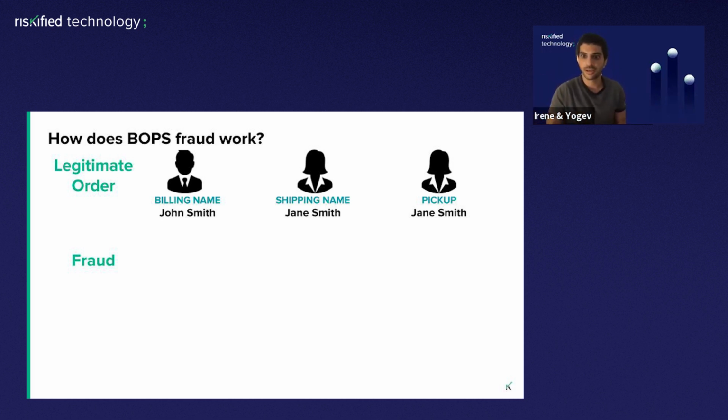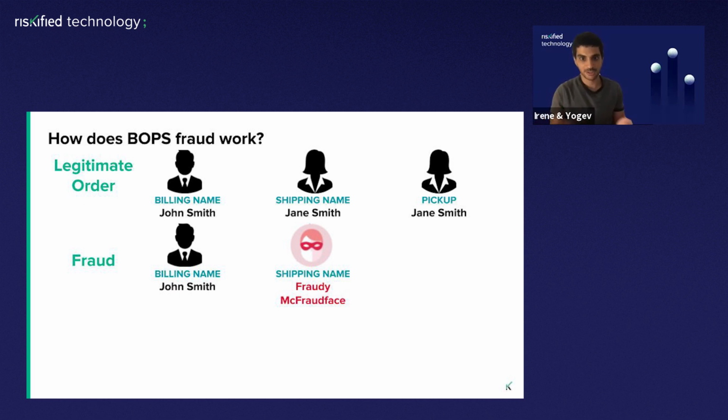Now let's look at a fraudulent case. Let's say we have the same John Smith, but this time someone manages to steal his credit card details. This guy has the very unsuspicious name of Fraudy, Fraudy the fraudster. So Fraudy the fraudster wants to steal sunglasses using John Smith's credit card details. When he makes the order online, he will put all the billing details of the same John Smith, his name, his address, his credit card number, but in the shipping name, he will put the fraudster's name, his own name,